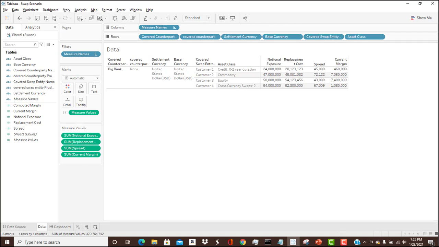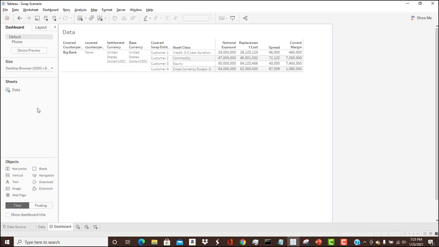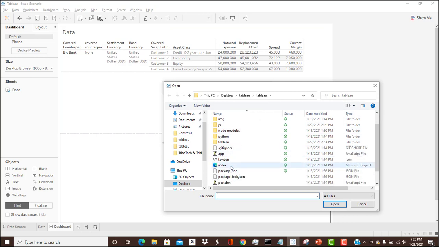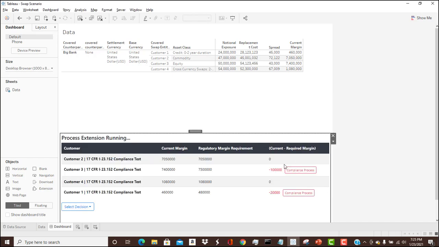Here we have the data. Here's the asset class. Remember the first decision table we looked at. There's the notional exposure, and we have the current margin, that margin that's actually posted against the swap. I'll bring up the dashboard and drag our extension on. And this extension is going to call that decision model. And we can see that we have several swaps that are out of compliance based on the difference between the current margin and the regulatory margin requirement. We can now start a workflow and take care of that compliance issue